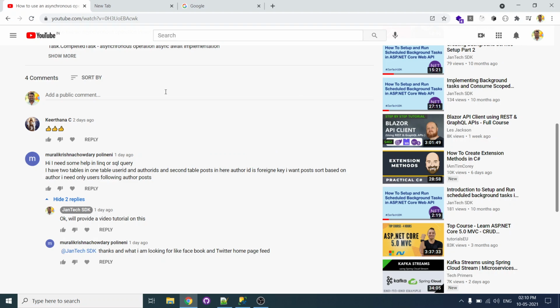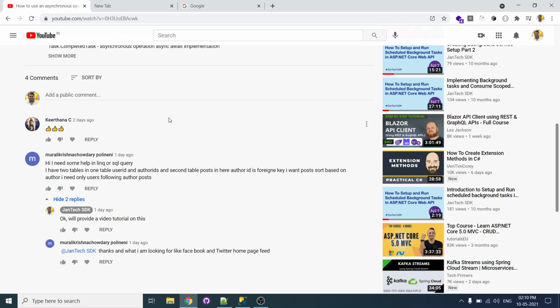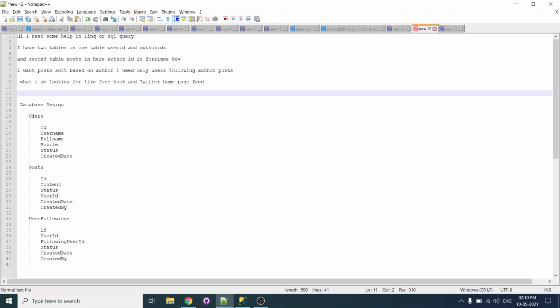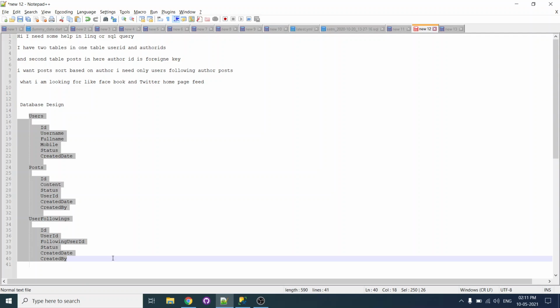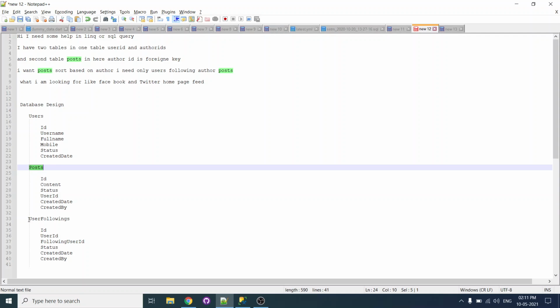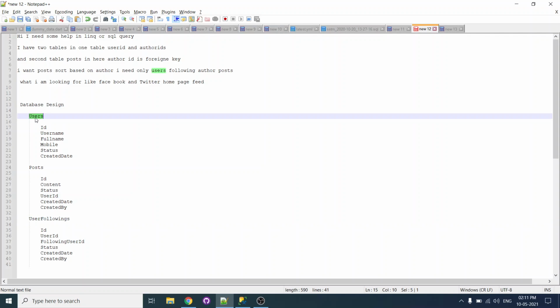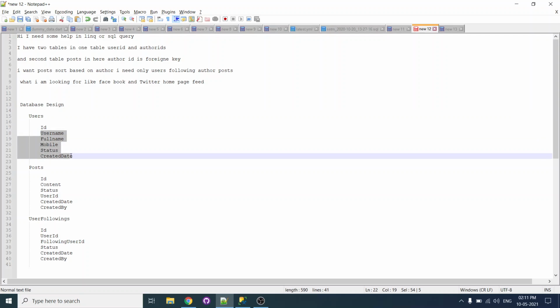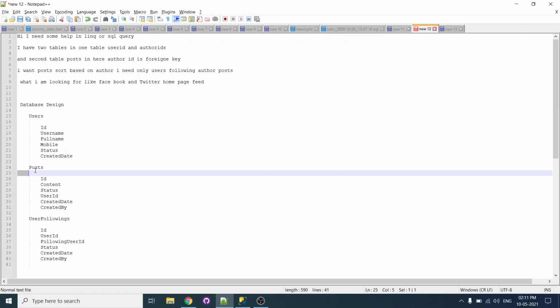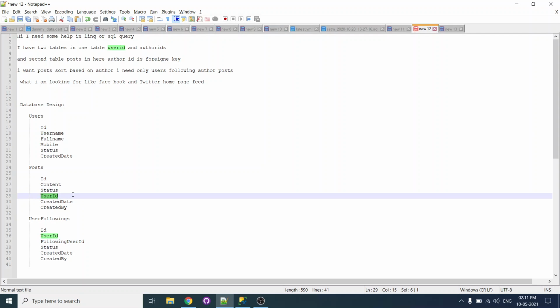So basically, what we need, we have a user. There are three major parts in this particular use case. One is user, and post, and user followings. From here, user has the details of the particular user's information, and post contains its content and the user who created the post.